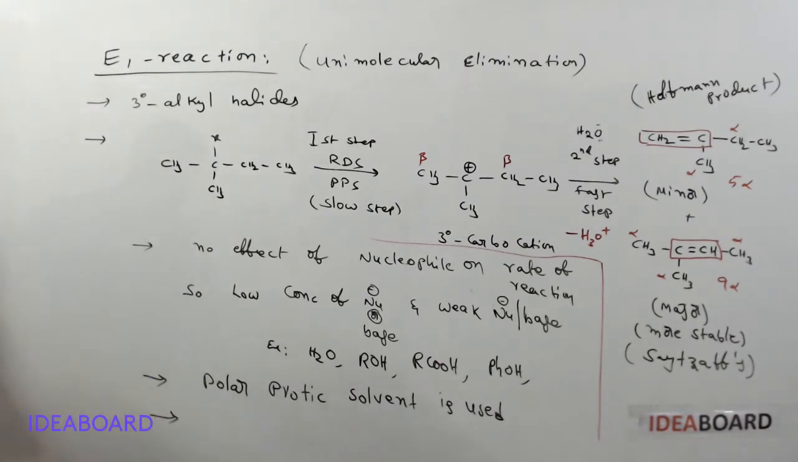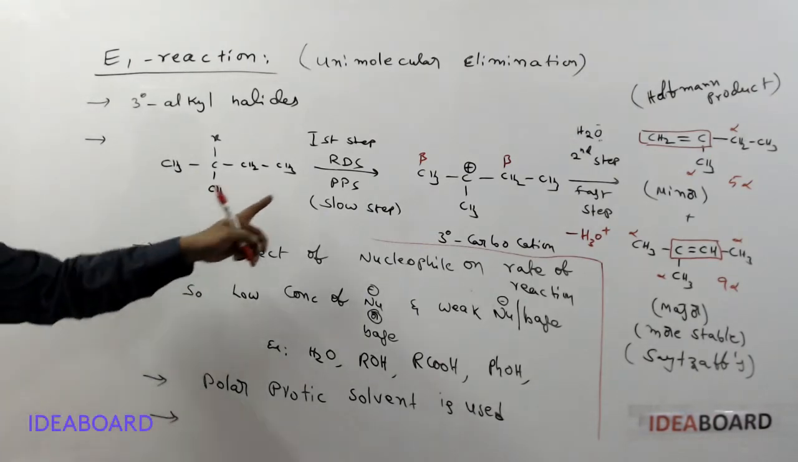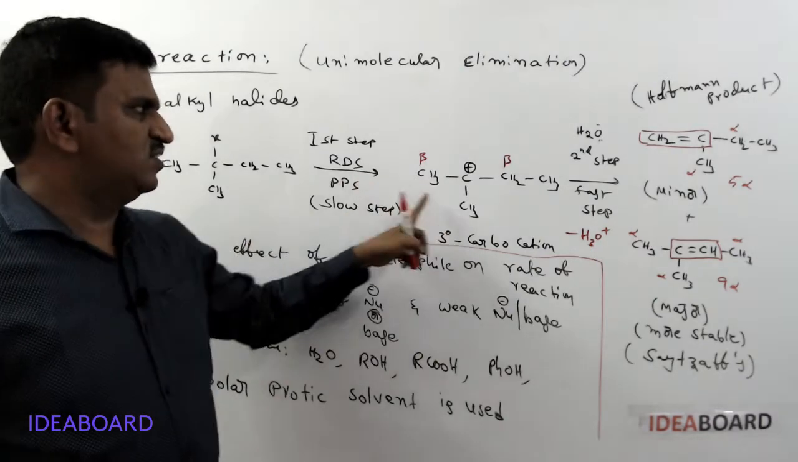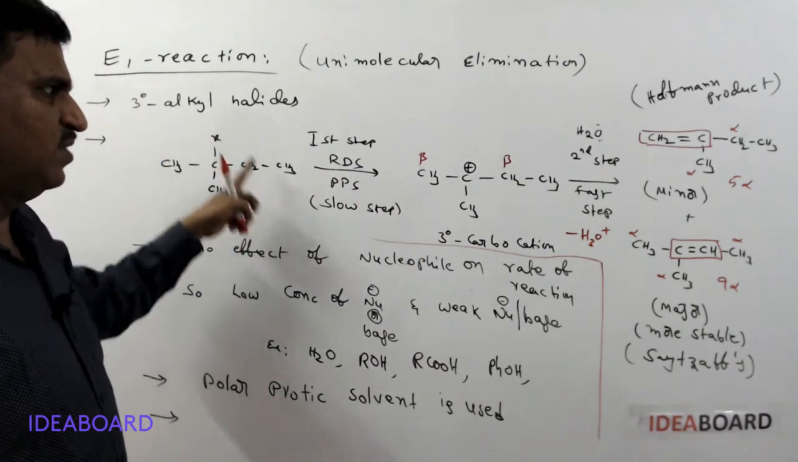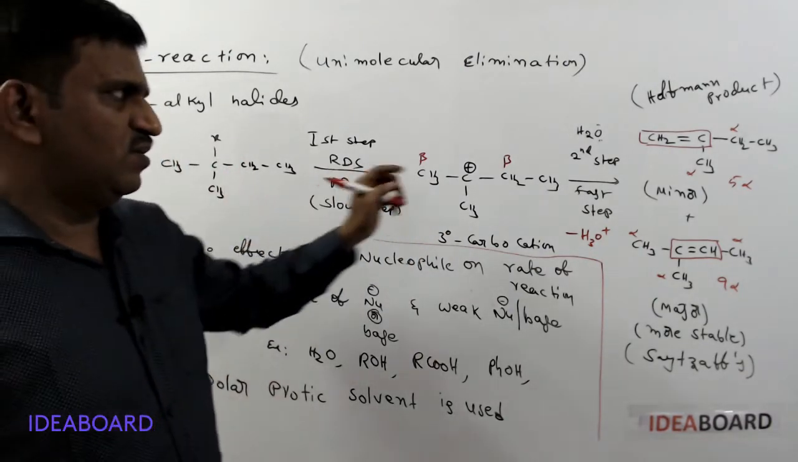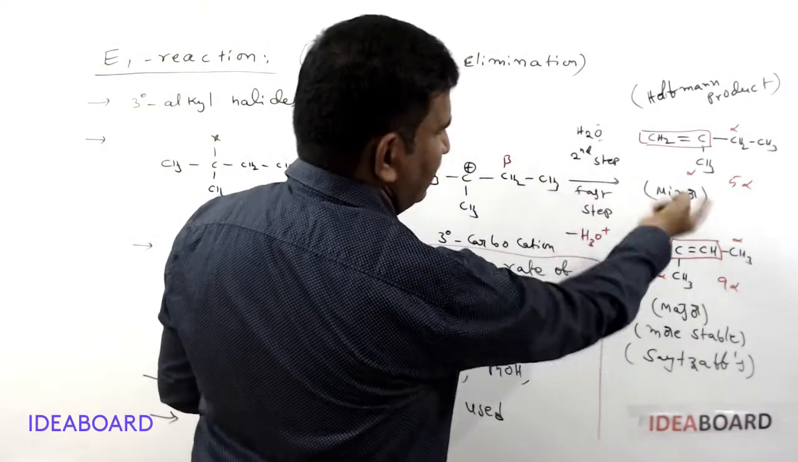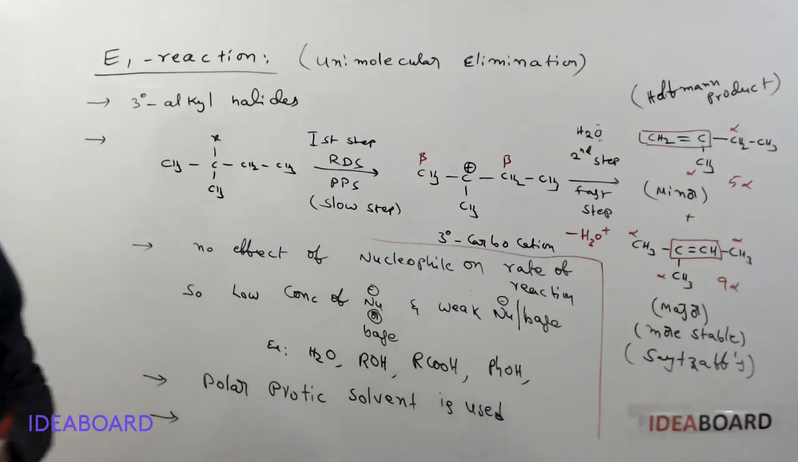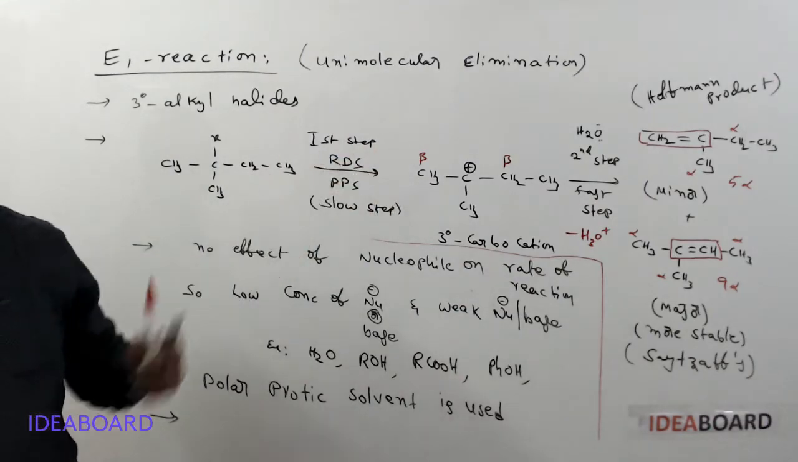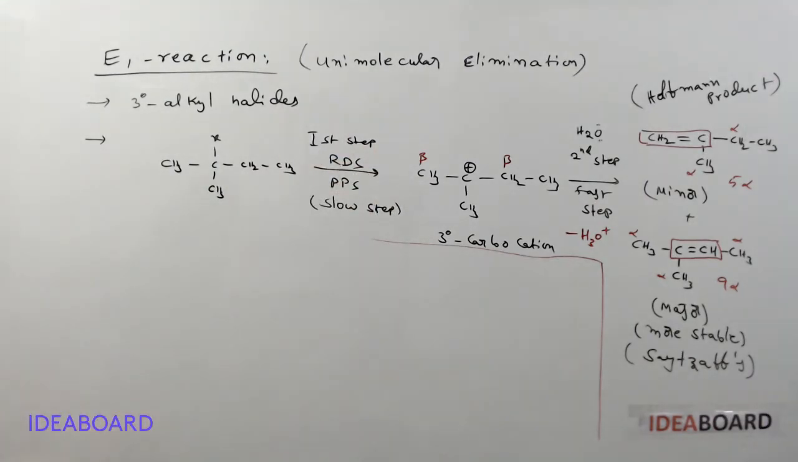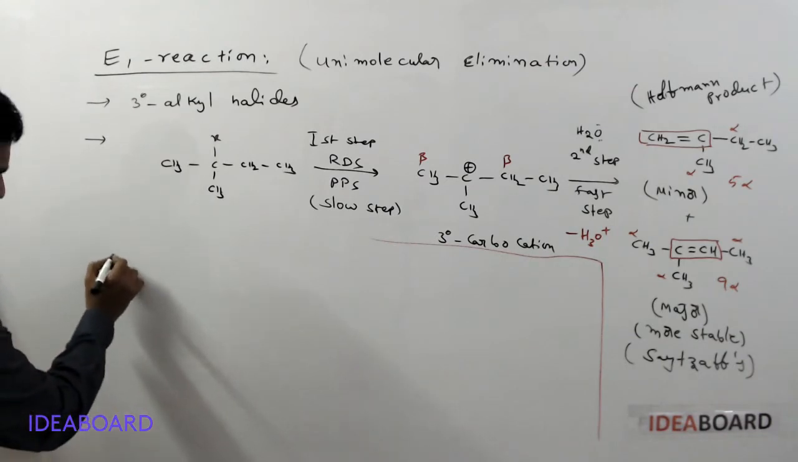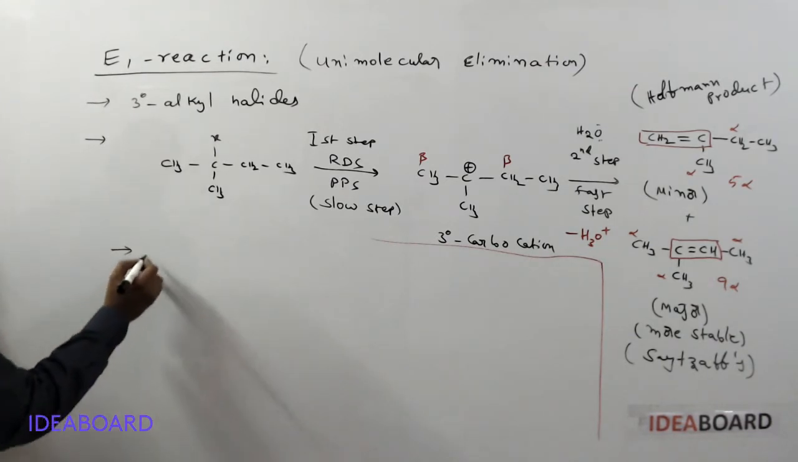And next point, here the rate depends only on the concentration of the reactant alkyl halide molecule. It is not depending on the concentration of nucleophile. And the second step does not have any rate, it is not affecting the rate. Hence, this is called